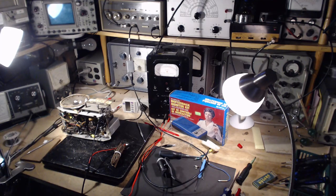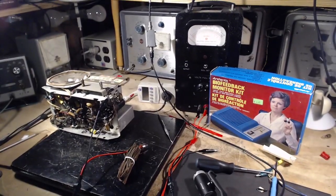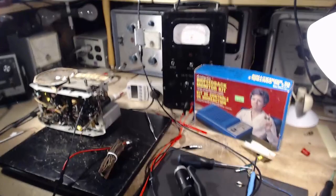It's October 14th, and winter is coming slowly. So, we're going to start off by studying the schematic a bit here, but just for fun, I had this